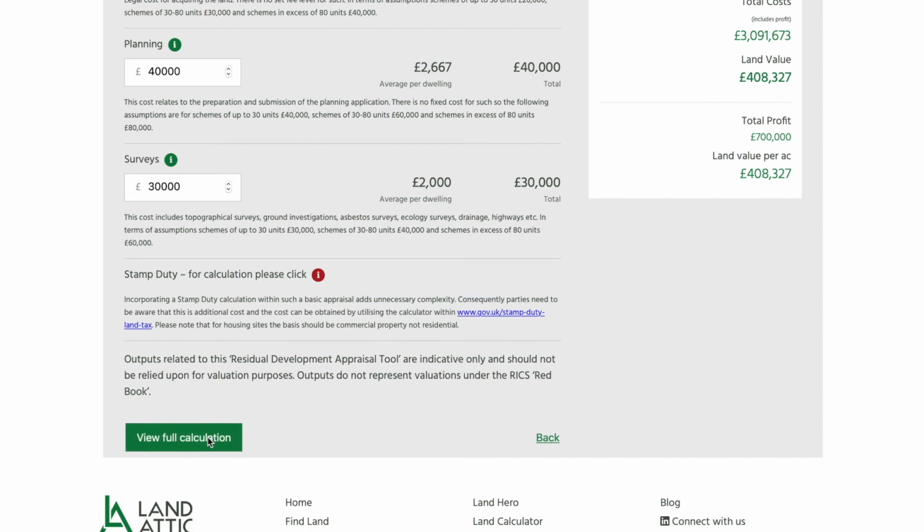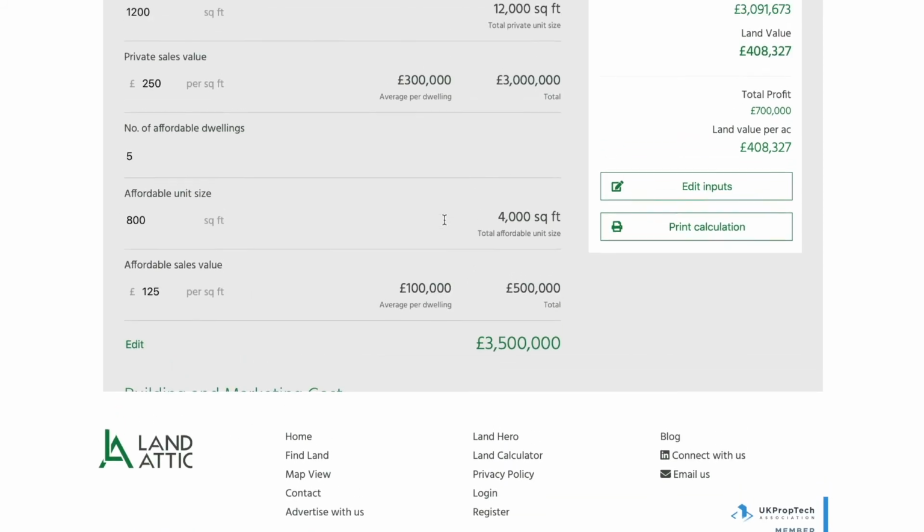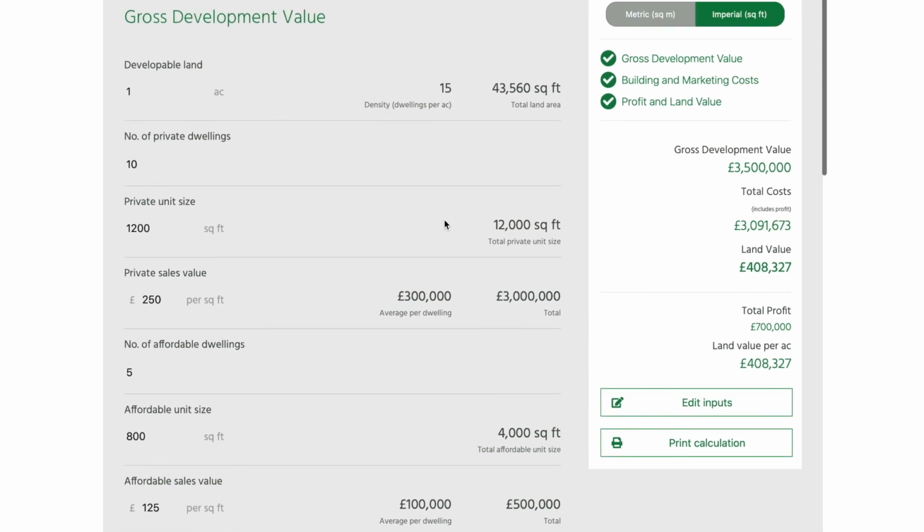and this clearly sets out the summary of the calculation with the gross development value, the total costs, and then equating to the land value. Within the total cost is also the measure amount of profit that you achieve, and you'll see there that the total profit in this example is £700,000 based on the percentage, and then a breakdown of the land value per acre. You can then go on to edit the input, and then you can also print the calculation